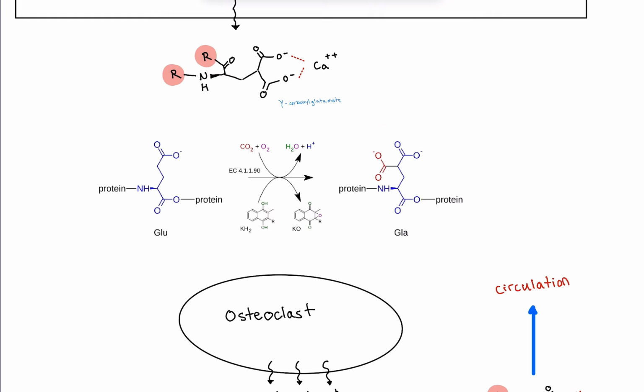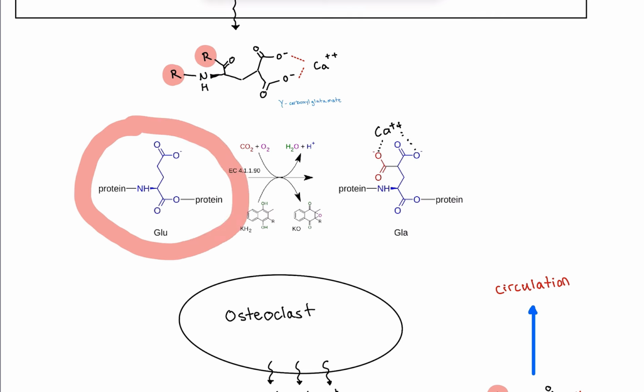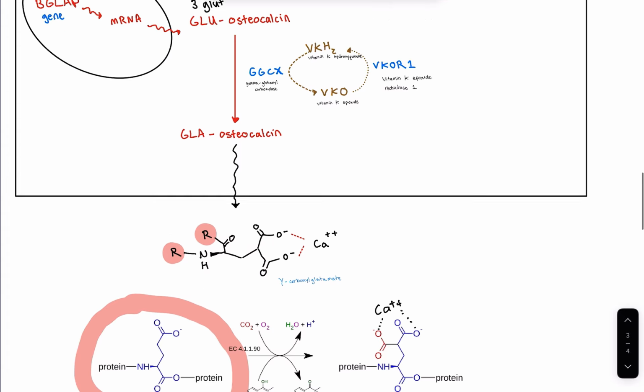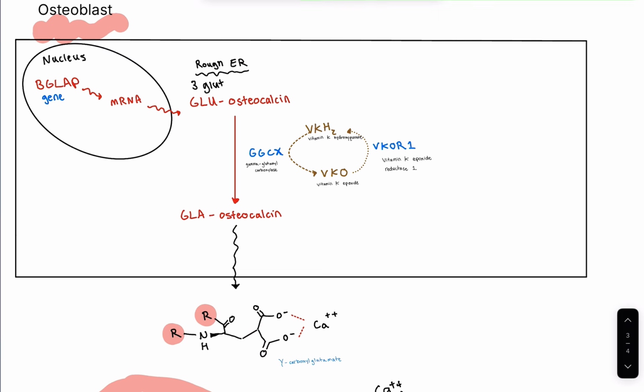So they're able to bind with calcium, Ca++, because calcium has that +2 charge. And so that negative charge is able to coordinate with calcium. And so functionally what we're doing is we're taking a protein, we are modifying it into a protein that can now bind with calcium, and calcium is ever present in the extracellular matrix of bone tissue. So I'll go back up here. What's happening is we're transcribing this gene into mRNA and translating it into a protein, osteocalcin, that contains glutamate residues,